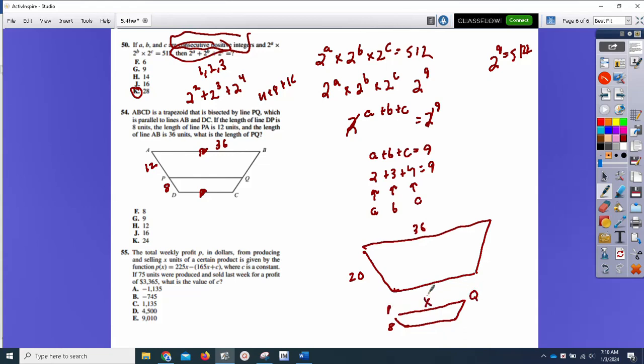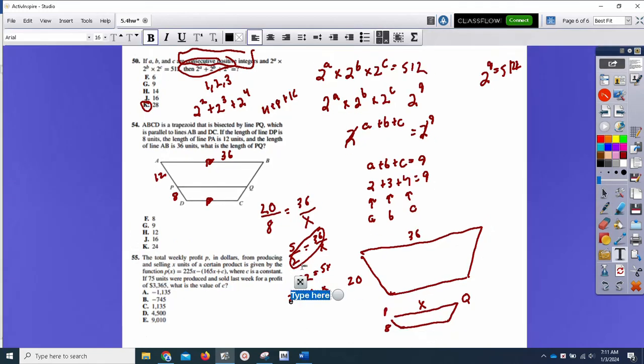So I'm just going to call it X. And I'm going to set up a proportion. 20 compares to 8, as 36 compares to X. Now I'm going to reduce, because I don't want to do all this math in my head. 20 over 8, so what, 5 over 2, I think? 5 over 2, both divisible by 4, is 36 over X. I'm going to cross multiply. 72 equals 5X. So X is 72, whoops,